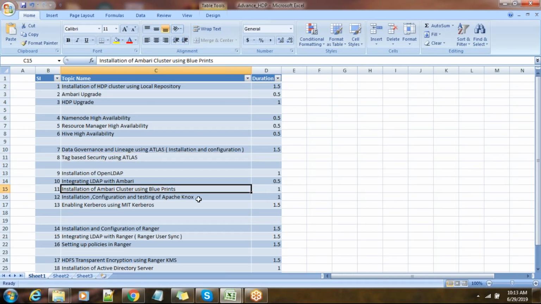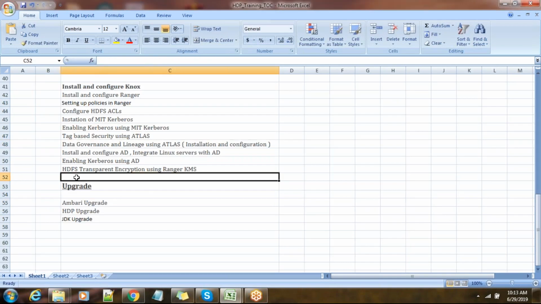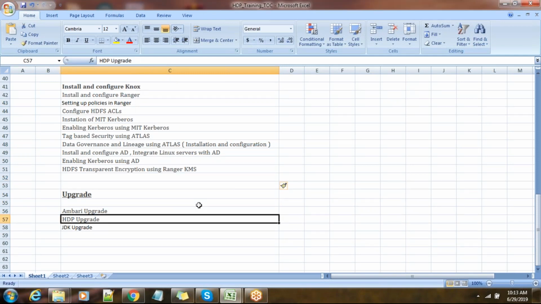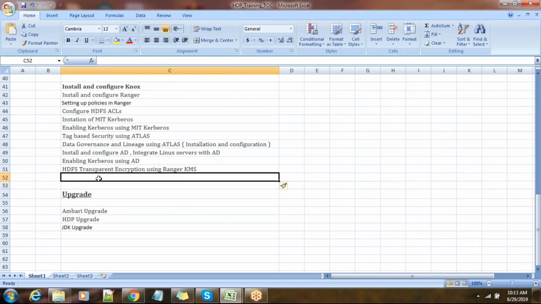Okay. So do you need this blueprint based installation? We'll add that, right? Okay. I think it's already there. It's nothing but a JSON. Using that JSON file, we will just do the installation. It's a completely automated installation.